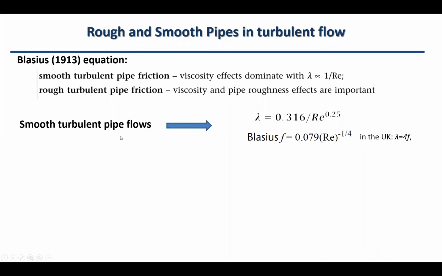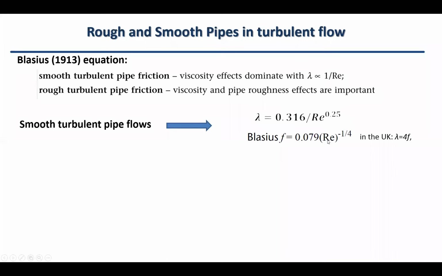For smooth turbulent flow, Blasius gives lambda equal to 0.316 over Reynolds raised to the power 0.25. In some references, such as UK reference books, lambda is replaced with 4f, so f equals 0.079 divided by Reynolds raised to the power